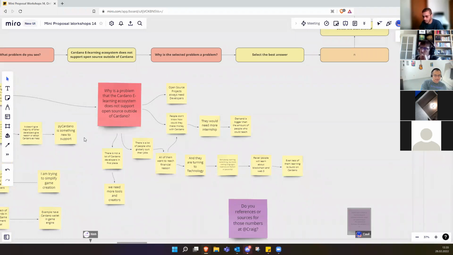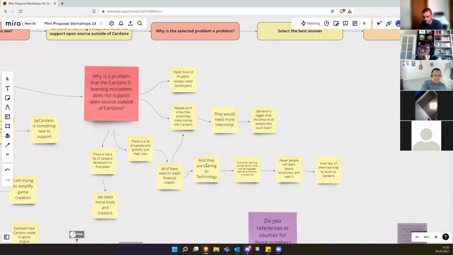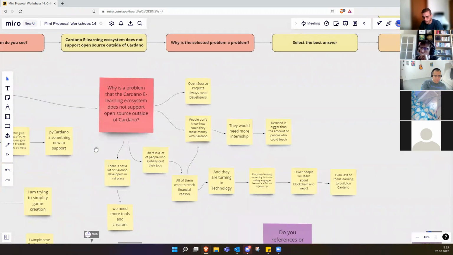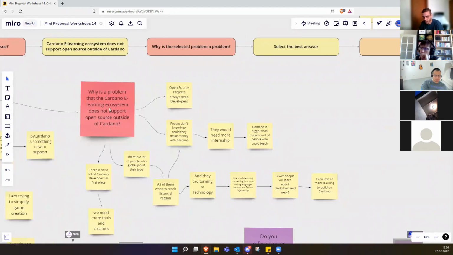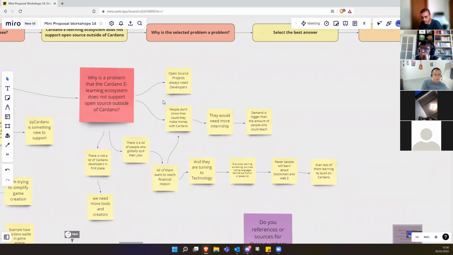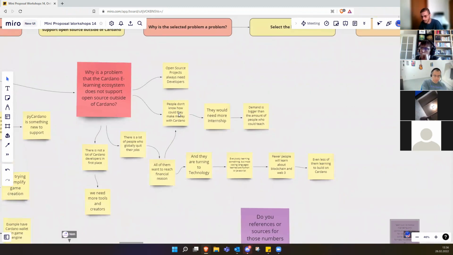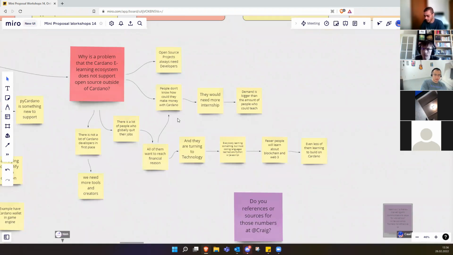So what you're saying is that basically there needs to be a more simplified way of people learning to interact with Cardano through whatever programming language they're comfortable in. And then there actually be some sort of proof that you've put that time and energy into learning it. Yeah, what I'm saying is we can use Cardano protocol and blockchain technology to make e-learning more simple, more decentralized, because there's no single company that can solve this huge gap